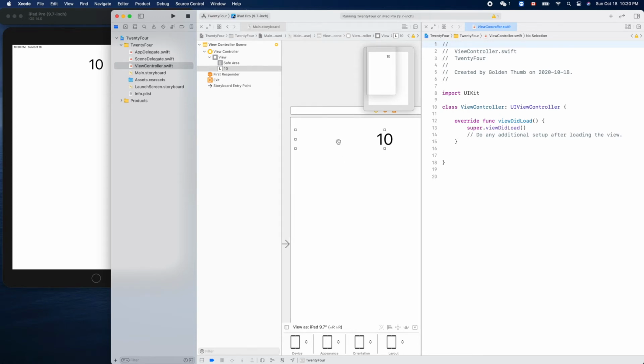Hold the option key, right? Control drag this guy to here. Give it a name like card one label. Okay, so connect like that. Cool. So viewDidLoad. Okay, and oh, so for example,